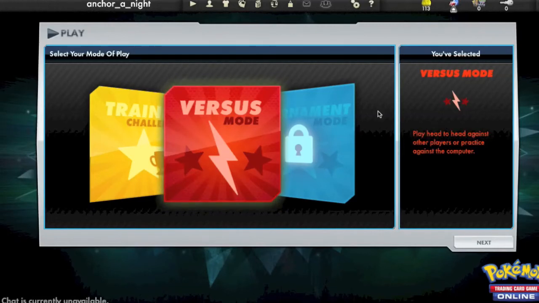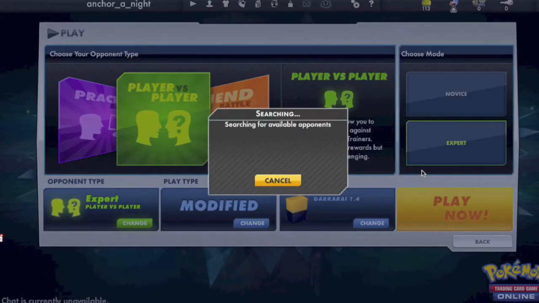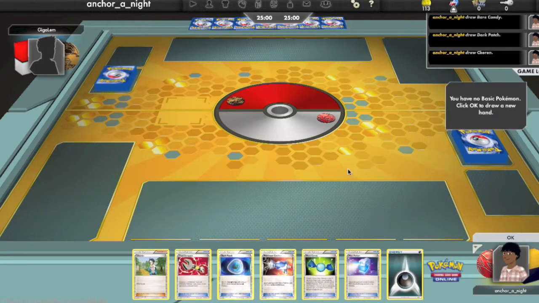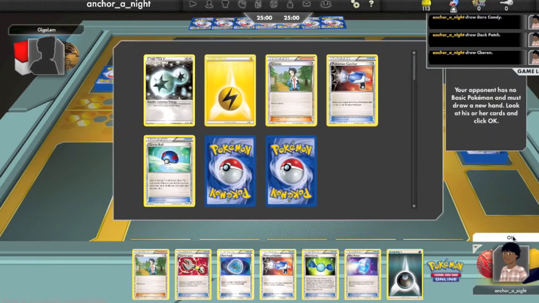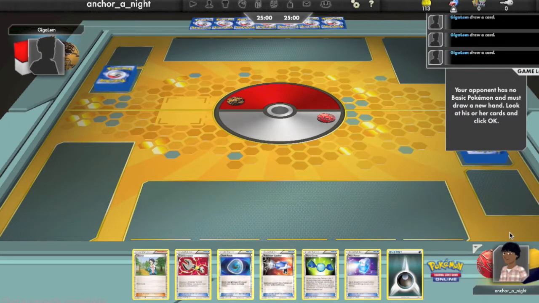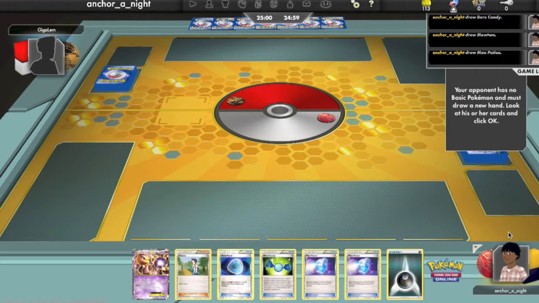Hello everyone, this is a game I played on Pokemon Trading Card Game Online, a few weeks ago actually, before the release of Plasma Storm, and as of now it's still not available. So I'm playing my Darkrai deck, Darkrai Hydreigon actually, and here you see I mulligan right off the bat,